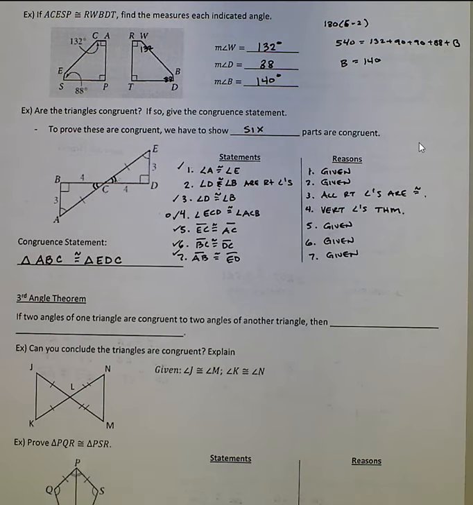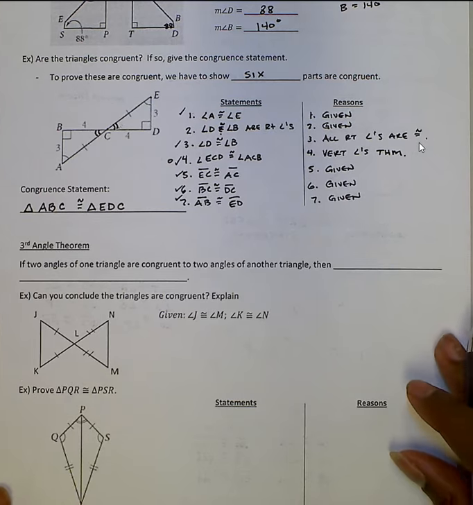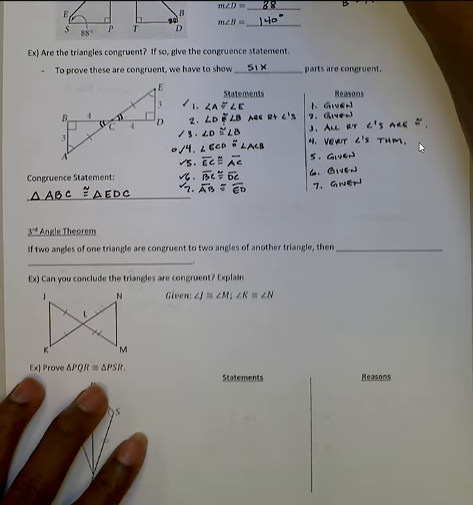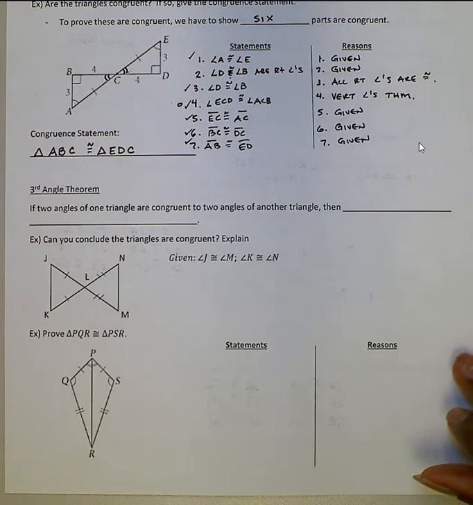Sorry for blocking that, but hopefully you see that now. Okay. All right. Well, maybe a first theorem. Our first theorem for this chapter is the third angle theorem. And what it says is if 2 angles of one triangle are congruent to 2 angles of another triangle, then